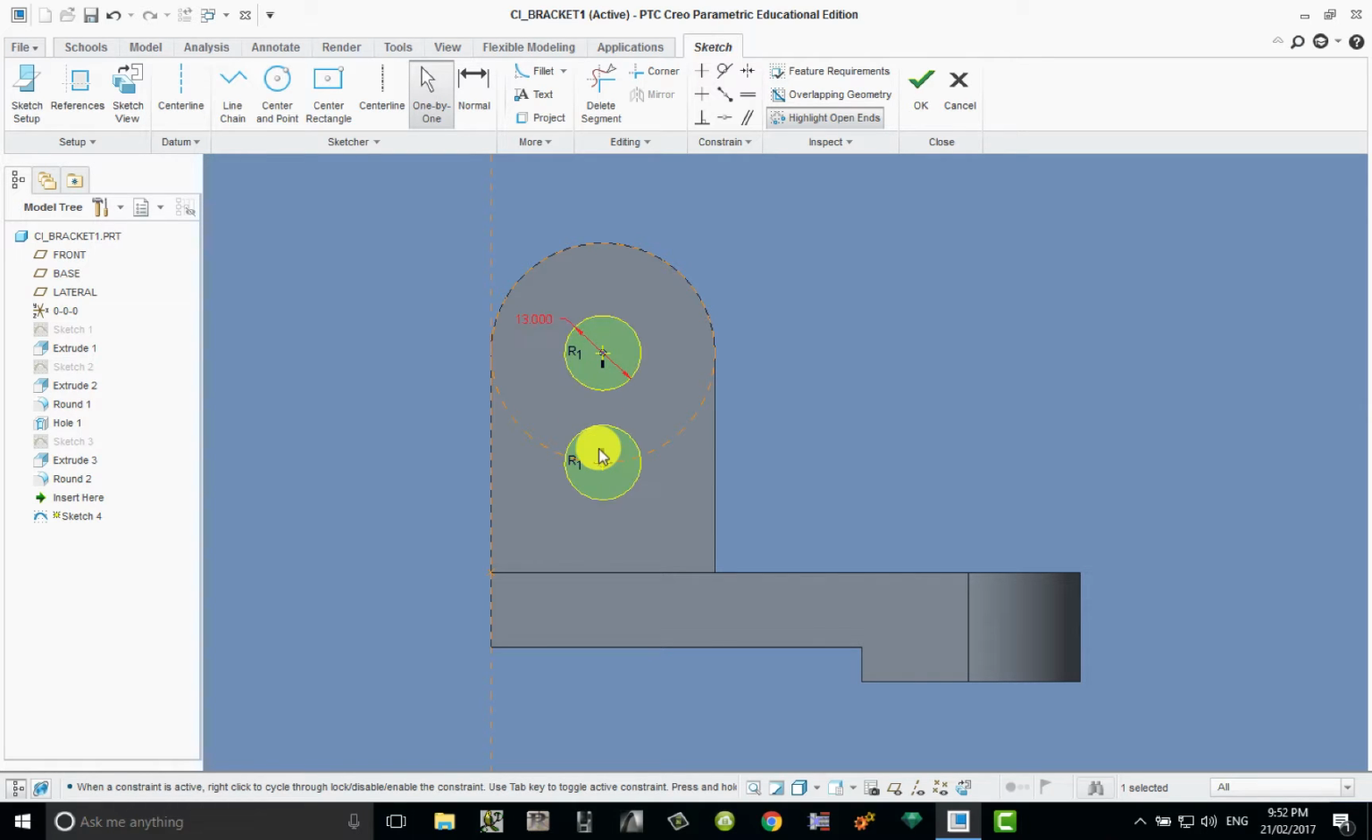Type in 13 and enter, and you can see both of them change because they have that radial constraint onto them. Okay, the last thing to do is to join these two circles with some straight lines at a point of tangency. What that means is a line that touches the edge of the circle here and here,